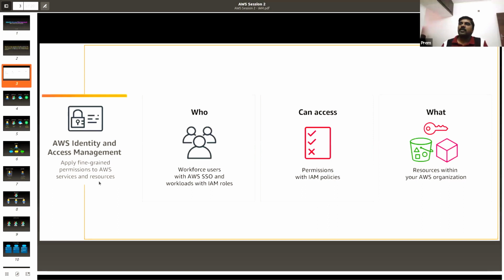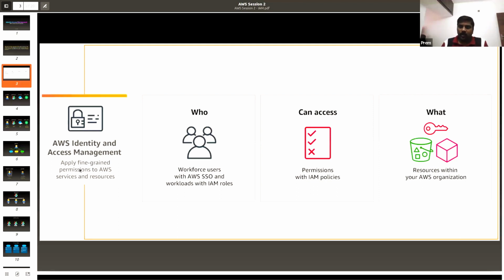So what is IAM actually doing? The resource you're talking about, a database is a resource. EC2 is a resource. Let's say you are a user, so you will be added as a user here. You have to go and install something on the server, so the EC2 instance is a resource. Here you are the principal, and the EC2 instance is the resource. You will get access to that resource.